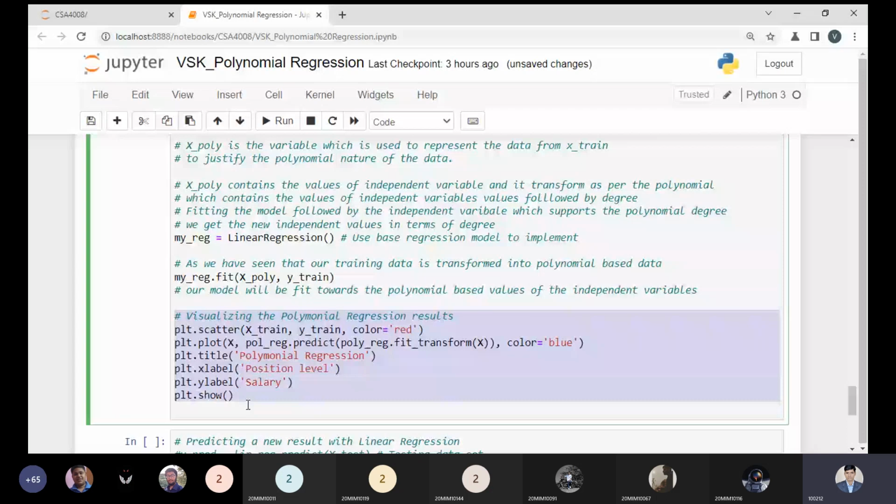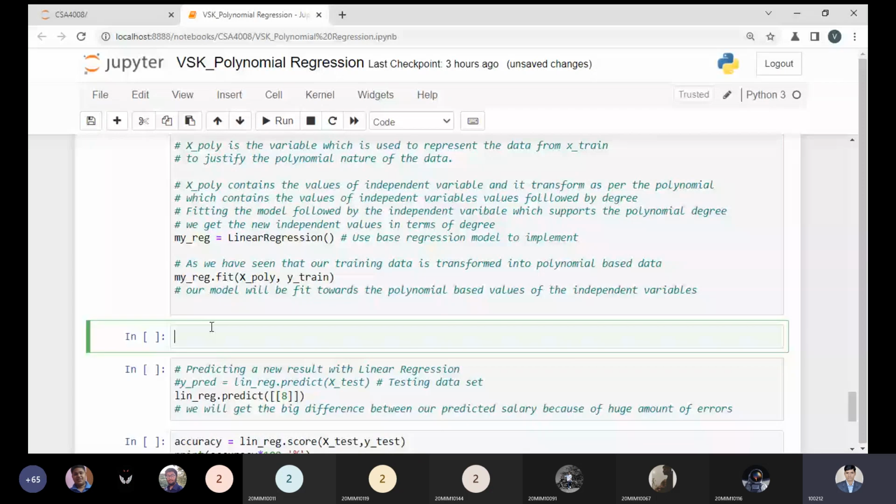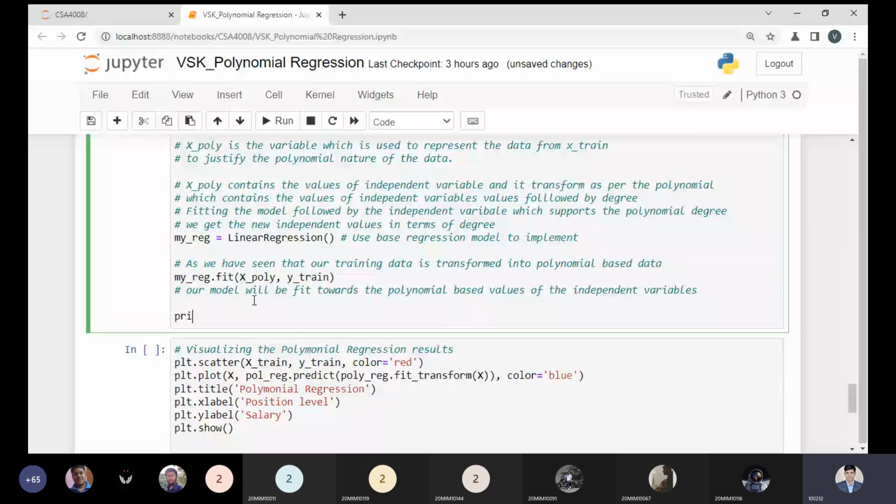So this will display the message. I'm just writing over here: now we have built polynomial regression model. Okay. I've given the message over here. So I'm executing this code and let us see what we are getting. So let us execute. We got a message, we have built the polynomial regression model. So now this code ran perfectly, no issue.